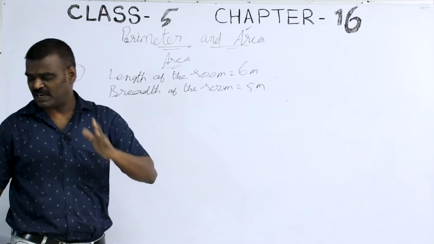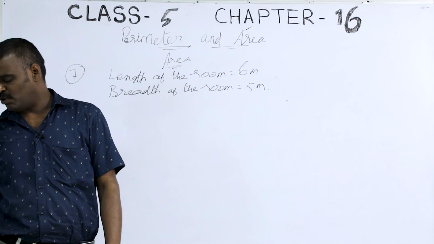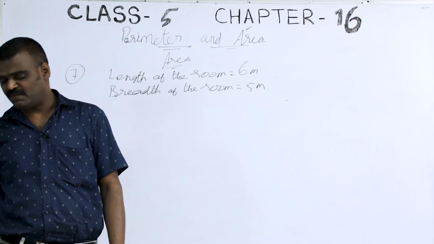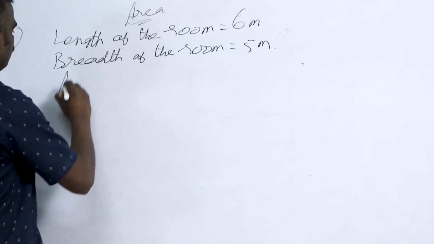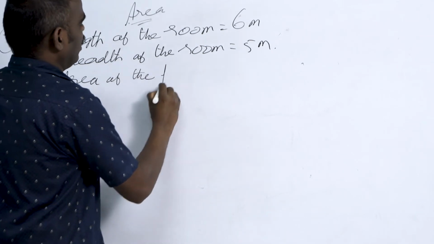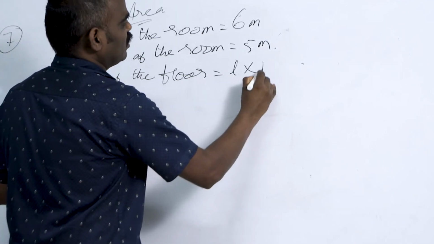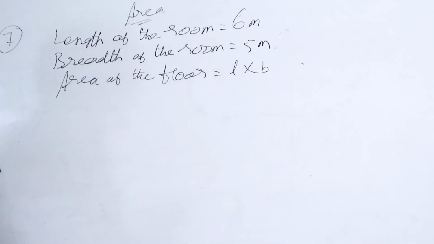You are going to make the floor nicely, maybe with tiles, or I do not know what you are going to do. For making your floor, you are paying rupees 150. So that means you have to find the area of the floor. Area of the floor, how much? That is length into breadth, right? Rectangular field.